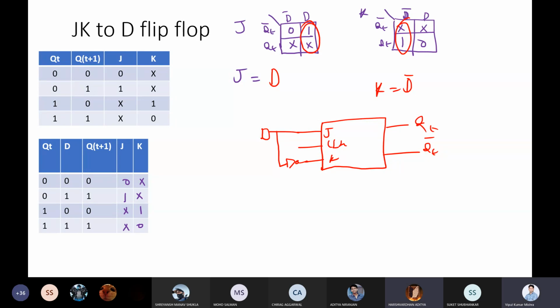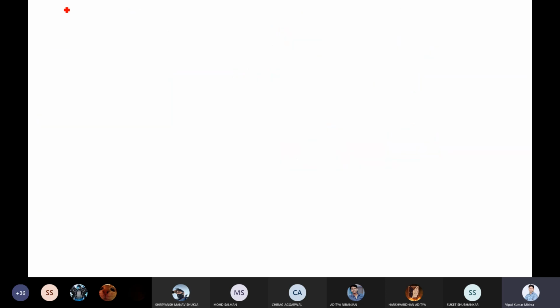Great. So now, once you understand this conversion, let's look into a different thing, that is the state diagram. We'll see something very useful in computer science, that is the state diagram.